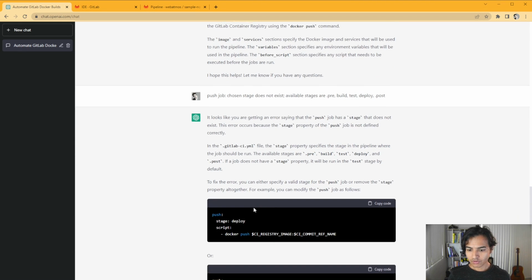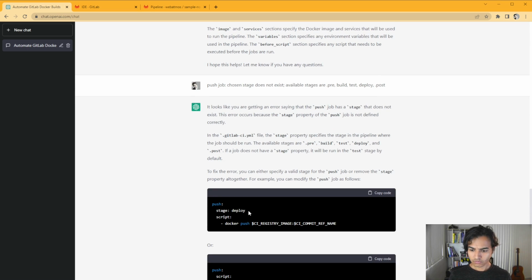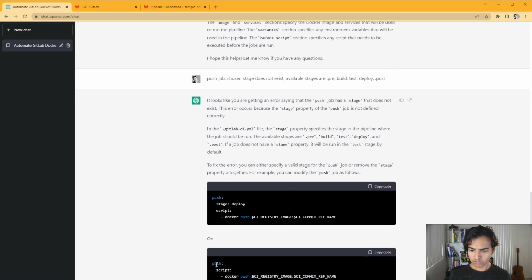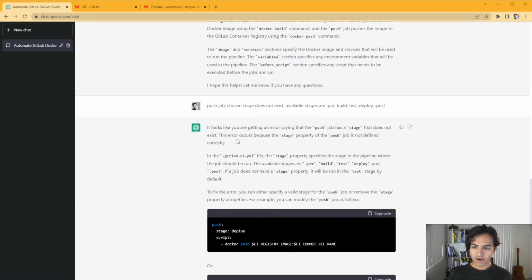Okay, so now it's given me: specify a valid stage for push, or remove the stage property altogether. So it's quite random, since the error message is pretty clear: the chosen stage doesn't exist. It's identified the problem, but it hasn't really given me a proper